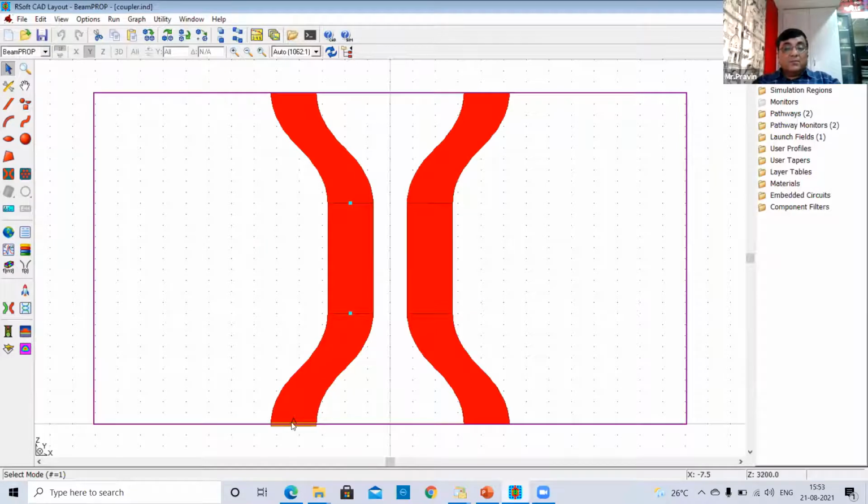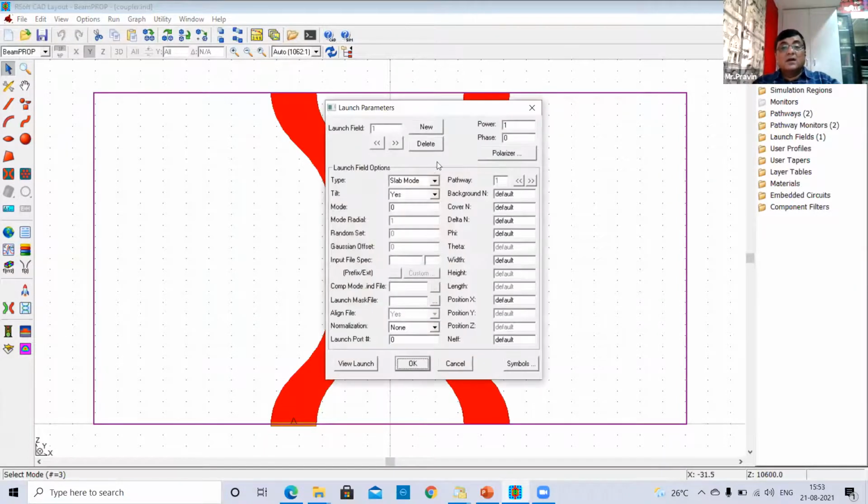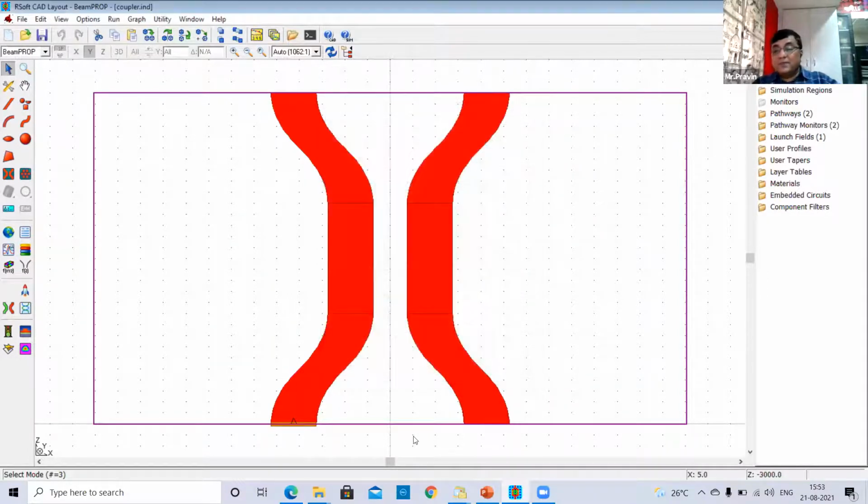And here, as you can see, there is an input source. This is a slab mode, which is being used for the input of this coupler. Now let's simulate.